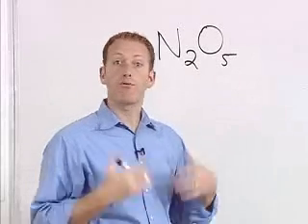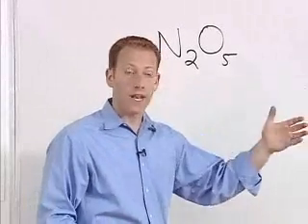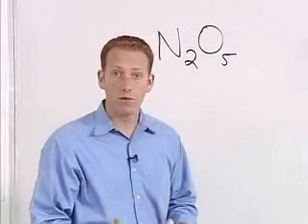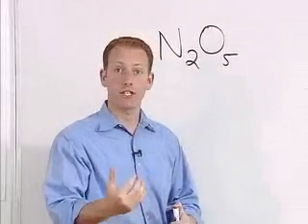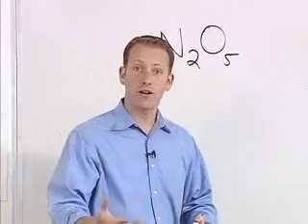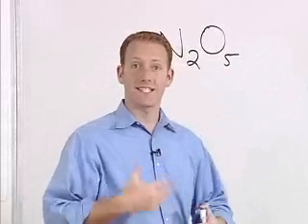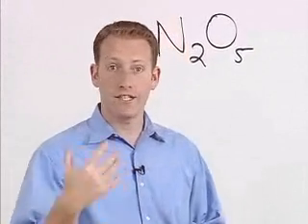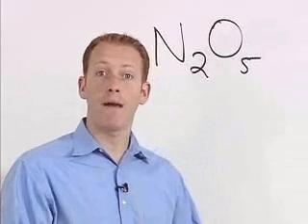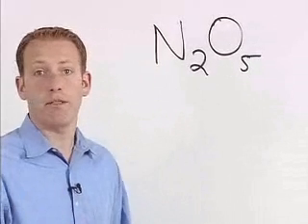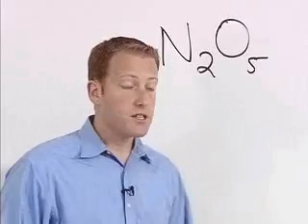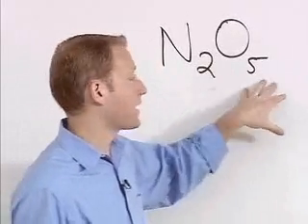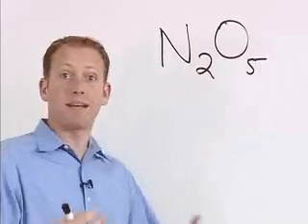You need to know the prefixes for each of them. 1, and you can see on the slide window, 1 is mono, 2 is di, 3 is tri, 4 is tetra, 5 is penta, 6 is hexa, 7 is hepta, 8 is octa, 9 is nona, 10 is deca. You need to remember those. And it's very simple, though. The same rules apply. First one keeps its name, second one ends in ide, except you have to just put